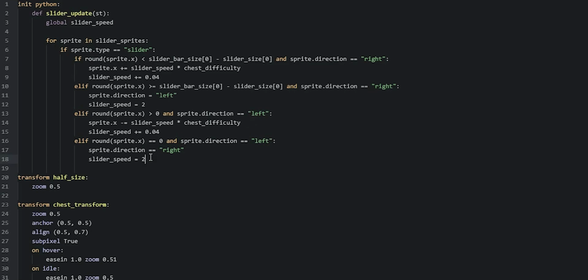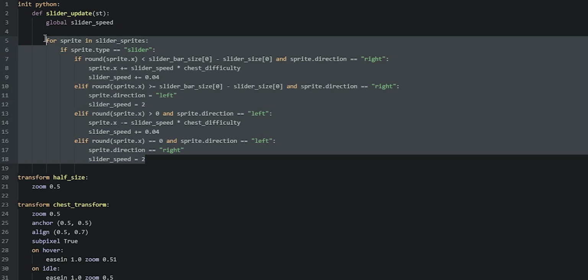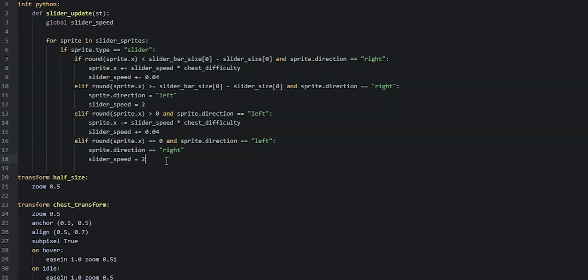Now the code that we've written so far for this function is only going to be useful to us as long as the function is going to continuously run to make sure that the sprite is going to keep on moving to the left or to the right. And for that, a SpriteManager object's update function actually allows us to use the return statement and then supply the number of seconds that we want the function to wait for until it's going to automatically run again. And so we're going to use that and set it to 0 to make sure that the function is going